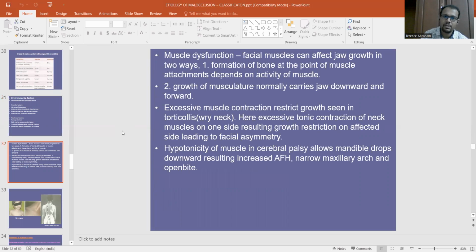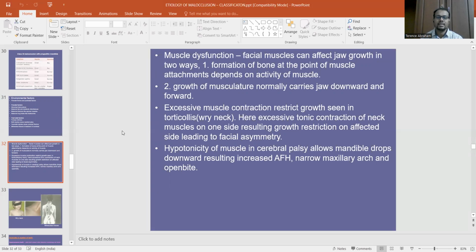of the mandible. Abnormal muscle function, that is facial muscles, can affect jaw growth mainly in two ways. One is formation of bone, and the point of muscle attachment depends on the activity of the muscles. So if there is any muscle dysfunction or muscle fatigue, it will affect the microskeleton, that is the bone at which the muscles are attached. The growth of musculature normally carries the jaw downward and forward. The muscles also have a role to control or direct the growth of the jaws in the forward and